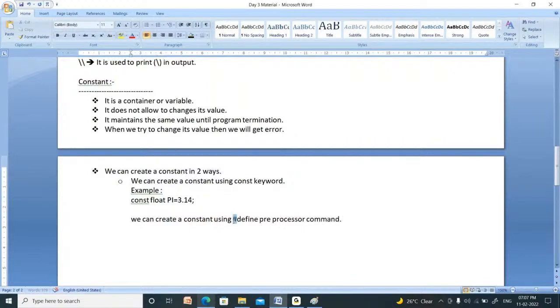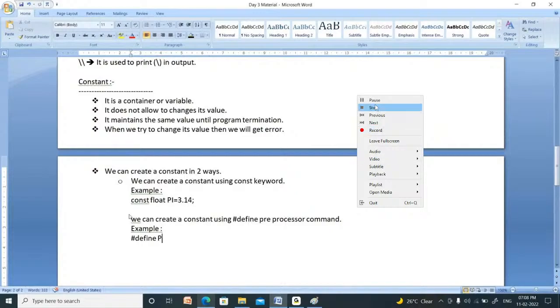A statement which begins with a hash symbol is called a preprocessor, so it is a preprocessor command. Right. Now, how to use this? For example, hash define. It is a command name followed by the constant name. What is the constant name here? Pi is my constant name.